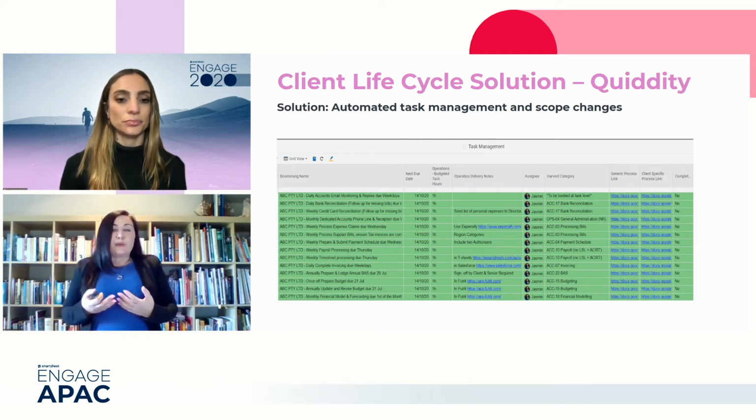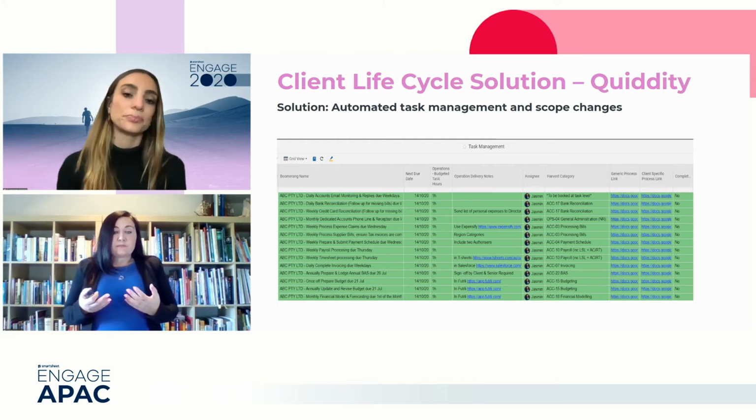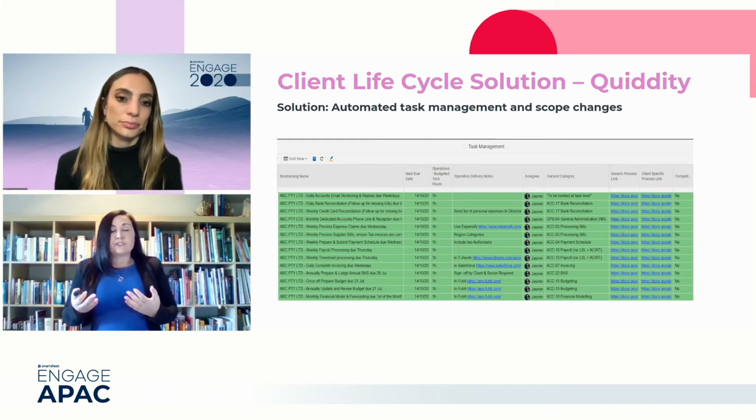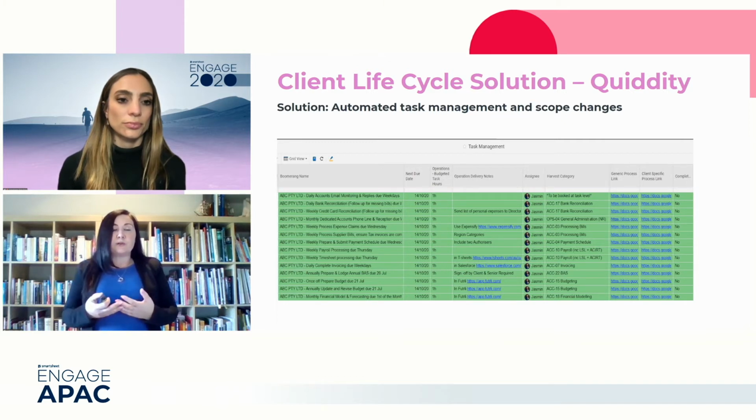Another area that needs to be managed are scope changes. The team won't rely on memory, so the scopes will always be updated. Once they're updated, sales and operations are alerted and they can review just to make sure that everything is tracking well. This acts as a bit of a checkmate to keep the scope accurate.